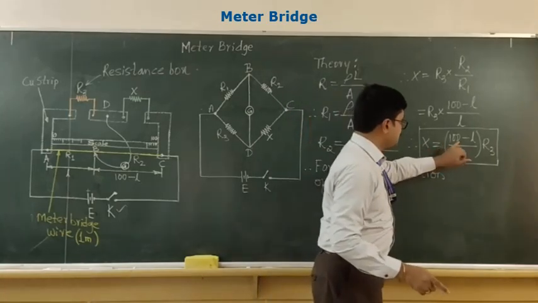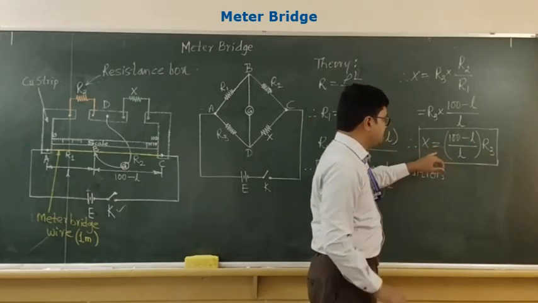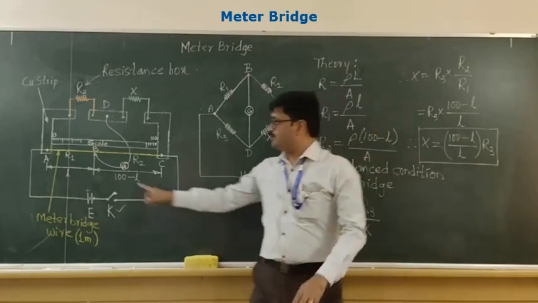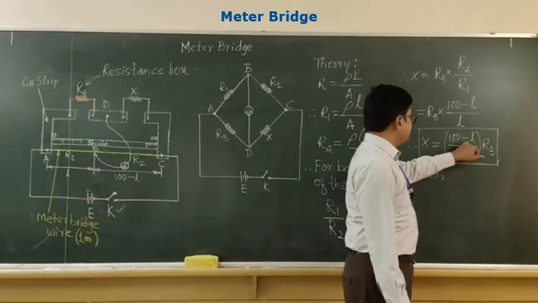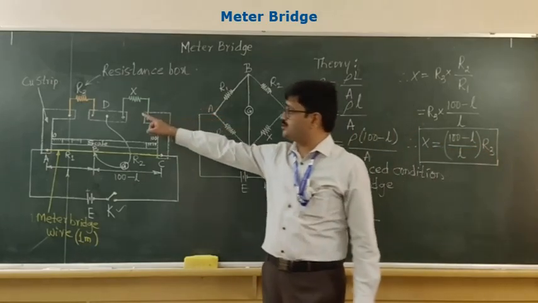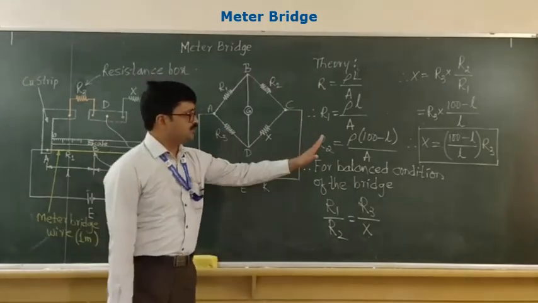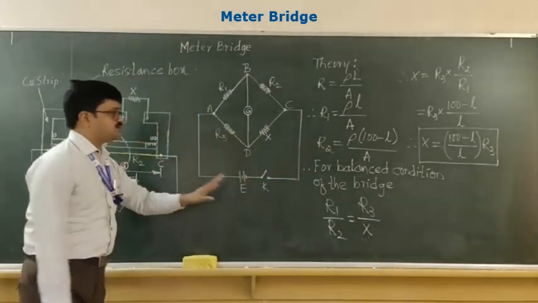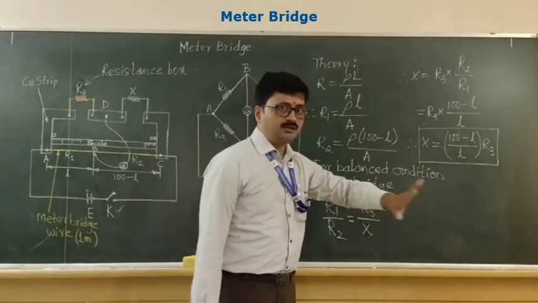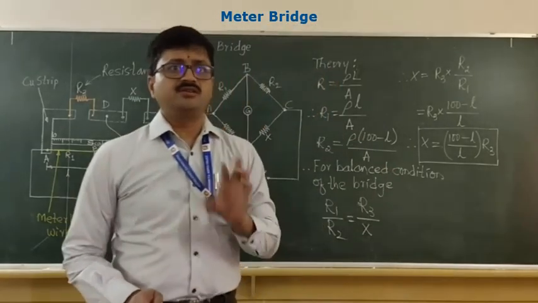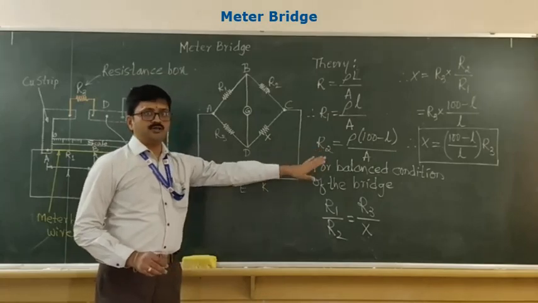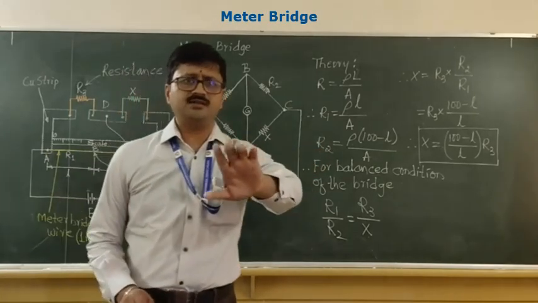Remember this, okay? Once we have ensured this, we can see that the length L is known to us. And hence we can very easily calculate the value of X, because R3 is already introduced in this particular circuit. So this is the formula that we must remember for the meter bridge. Please remember, this meter bridge can be asked for 3 to 5 marks in your annual exam, and this is one of the important experiments even in your PU second year lab.